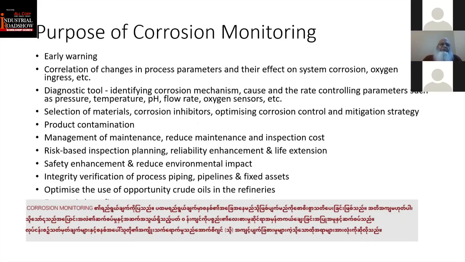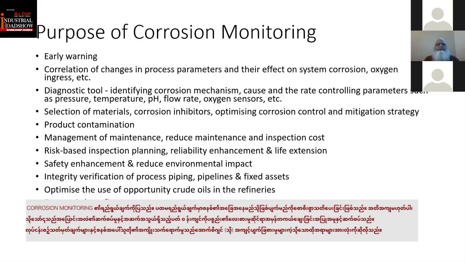This slide shows the purpose of corrosion monitoring. Why do you monitor the corrosion? The purpose, first, is that it gives us early warning of what may be happening to the condition of the system. Not exactly, but it relates to the actual corrosion behavior of the material with respect to the environment in which it is in contact. The correlation of changes in process parameters and their effect on system corrosion, oxygen ingress means that all those